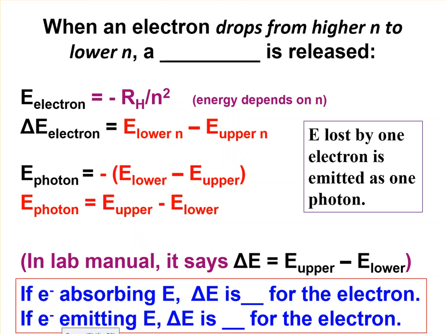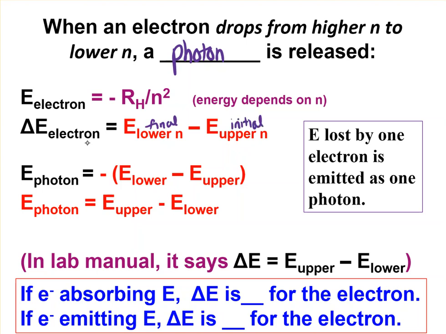So when an electron drops from a higher energy level, a photon is released, and one photon, I should say. So the energy of an electron is equal to this equation. We've been seeing this, and remember it's negative. The change in energy for the electron, we're going to take, this is the final minus the initial,